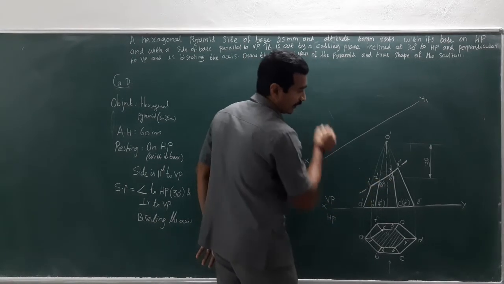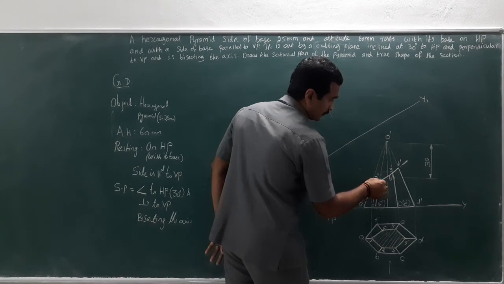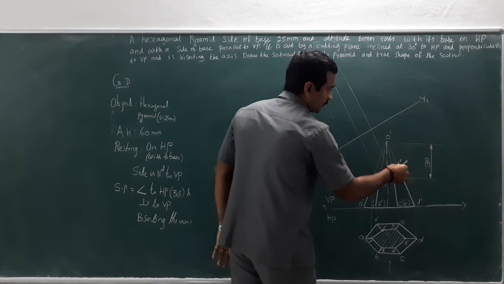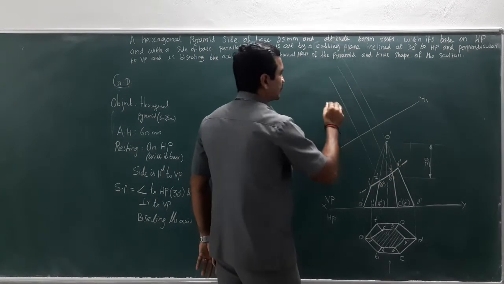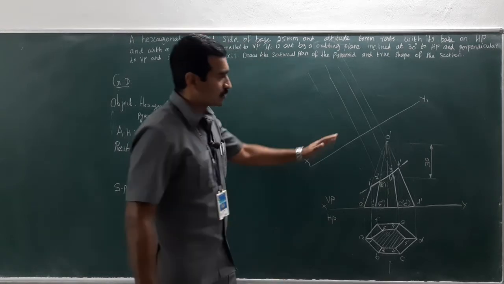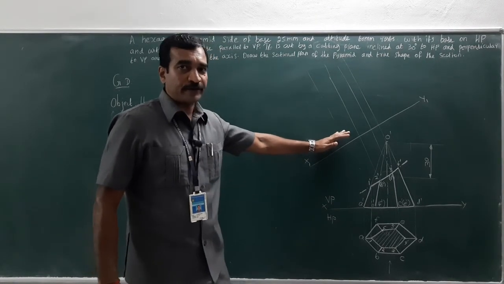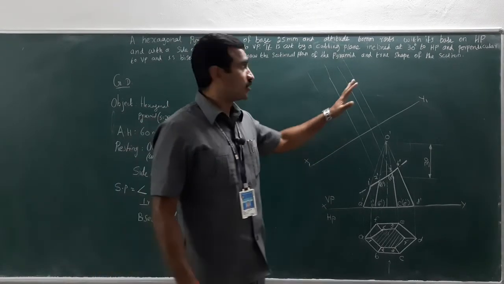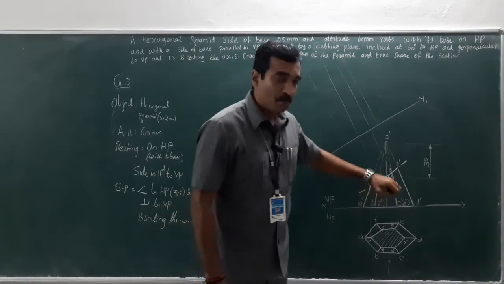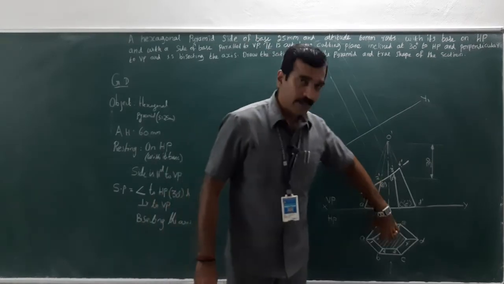So draw perpendicular lines from newly generated edges or corners. So extend it vertically upwards. This is the new reference line. Now I need to draw the true shape of the section, for which I'll have to measure each and every corner that is being generated.